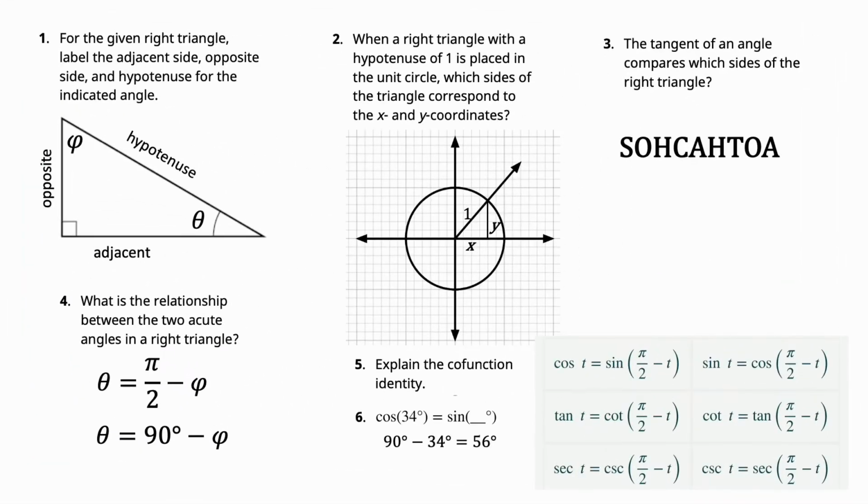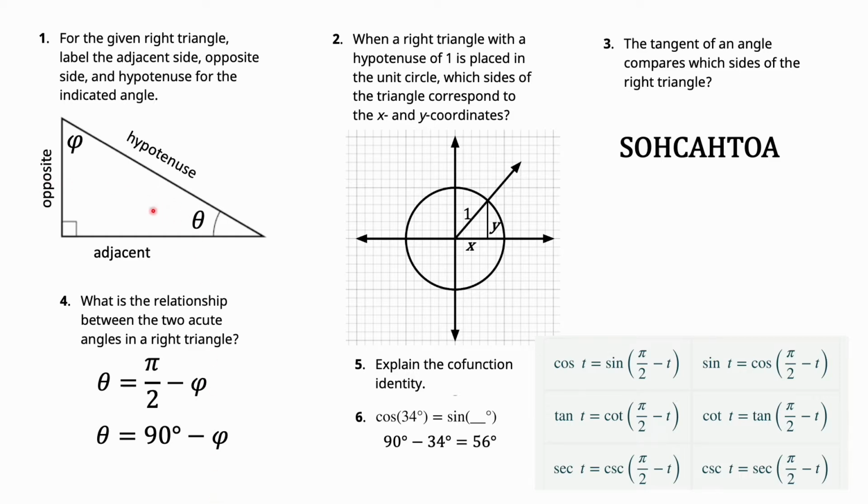For the given right triangle, label the adjacent side, opposite side, and hypotenuse for the indicated angle. Alright, so the indicated angle for the problem is theta. I put the theta and the phi in because I'm going to use that for number 4. Well, we can do it all at once, but the side opposite, you can see, is